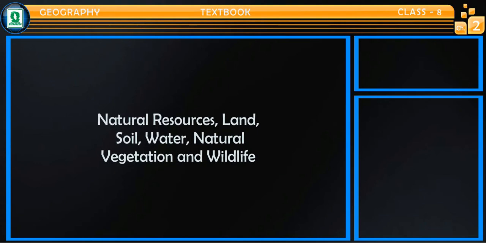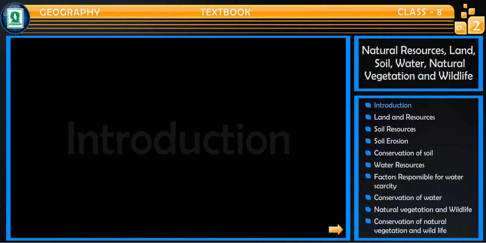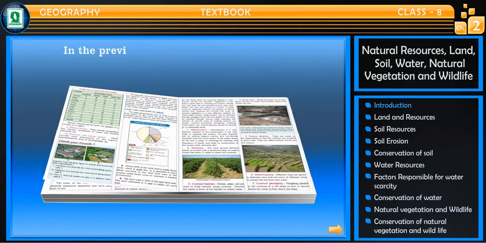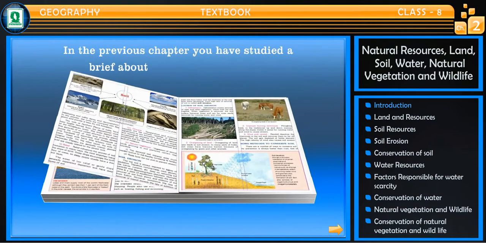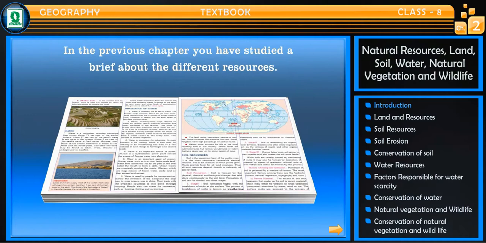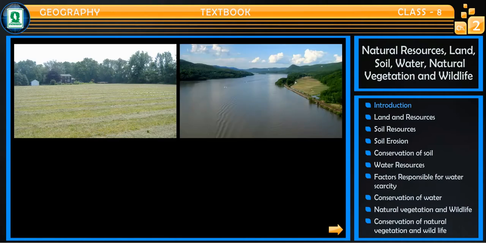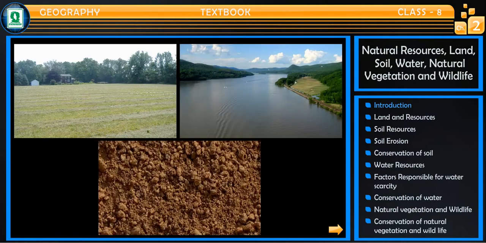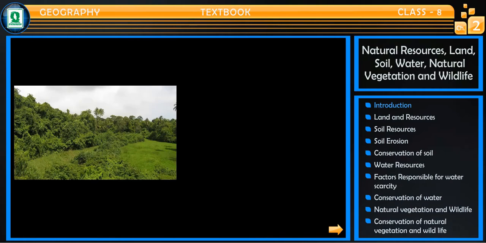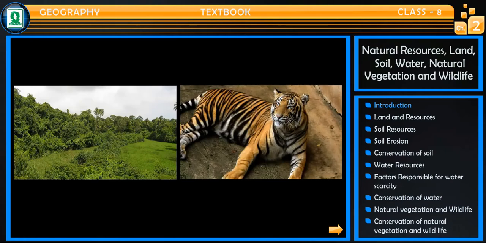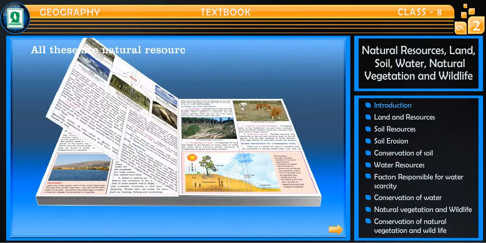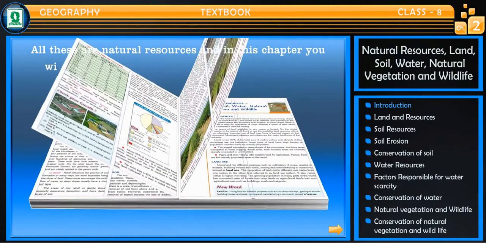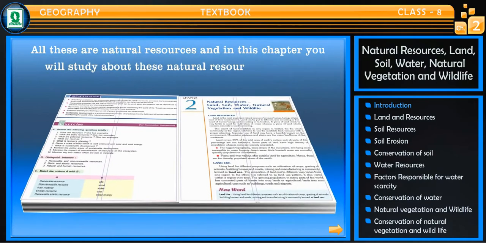Natural resources: land, soil, water, natural vegetation and wildlife. Introduction. In the previous chapter, you've studied a brief about the different resources: land, water, soil, vegetation and wildlife. All these are natural resources, and in this chapter you will study about these natural resources in